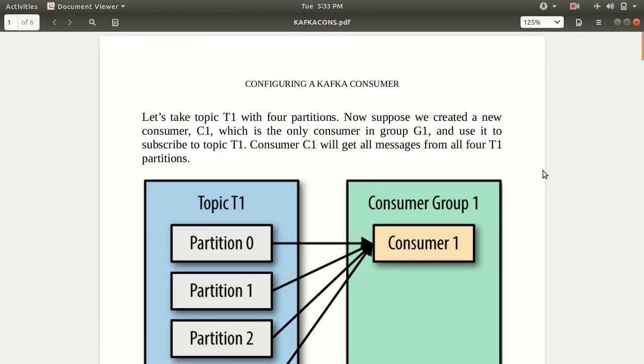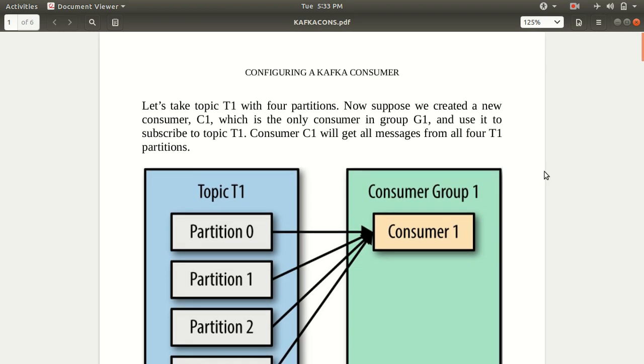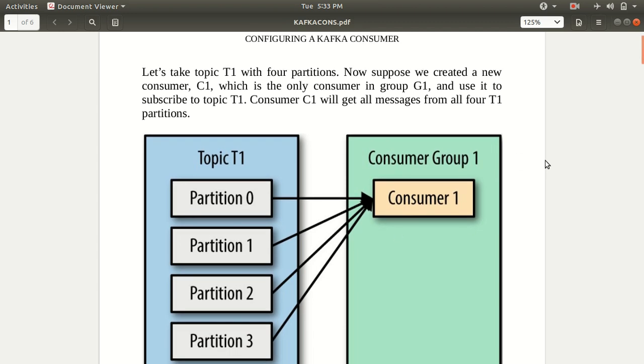This is the document which I prepared, just a 6 pages document actually, which will enhance the understanding for this practical. I have written all the important things which are required for this practical. The first thing you can see in front of you on the screen is that multiple things are written over there. If you have gone through all my videos in this Apache Kafka playlist, then I've already explained these words, like what is topic, what is partition, what is consumer group, and what is consumer. Let's discuss it a little again because it's a prerequisite for this practical as well.